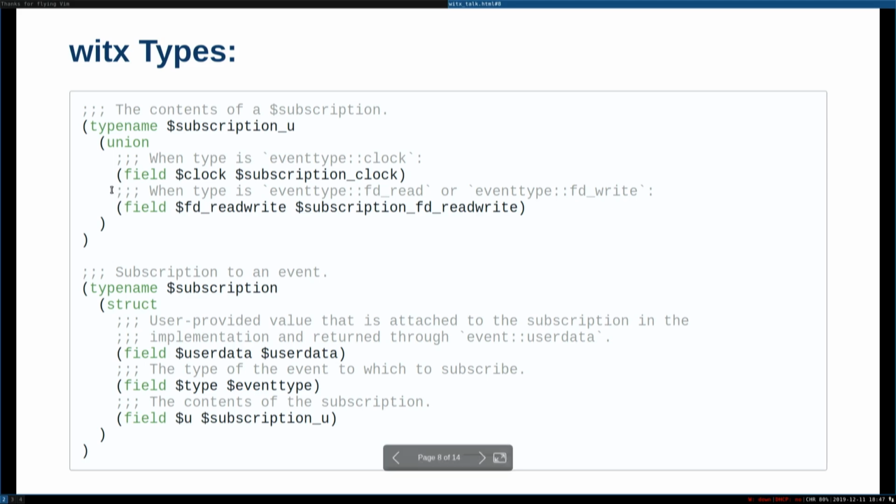So you have this subscription struct. It has a field here, this event type, which is an enum that indicates which of these is valid. And then the union is the actual contents of the thing you're waiting on. So that's a fairly standard interface.